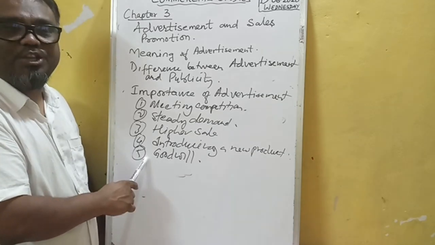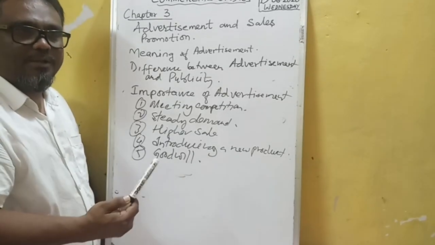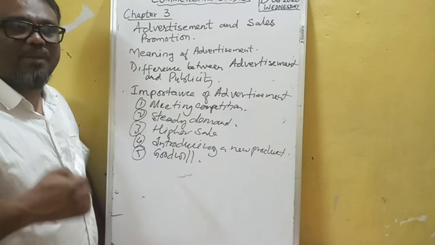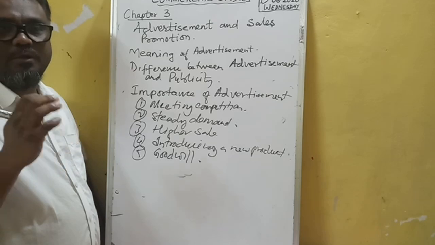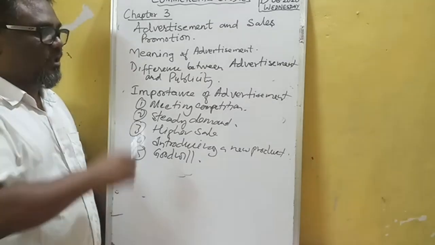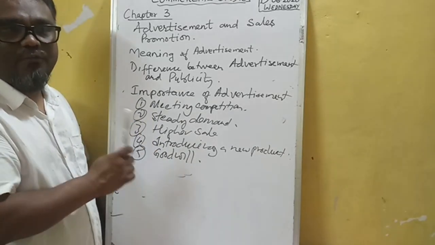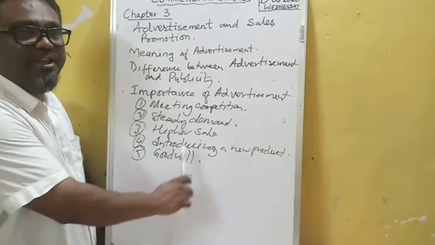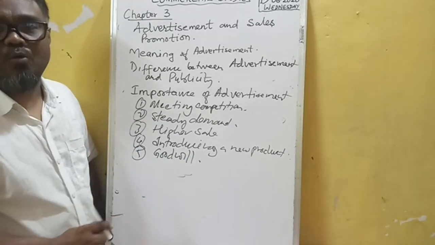Goodwill is the reputation, name and fame of the products, so that will increase the name and fame of the producers as well as manufacturers of the product. To earn this good image, high reputation, good name in the market, only advertisement is helpful. Advertisement is very helpful for the producer to earn a very good name, reputation, brand popularity in the market. That is known as goodwill.